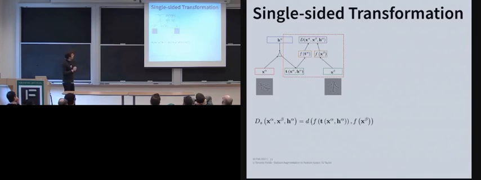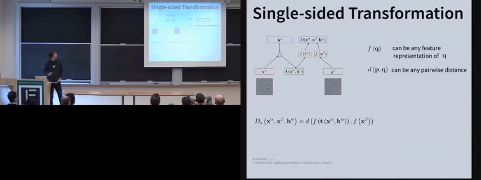Okay? Now, what I haven't mentioned is what we use for F, which is the mapping from pixel space to the feature space where we're computing how similar these images are to one another. And essentially, I'm going to allow F to be any linear or nonlinear mapping. I mean, it could be something as simple as PCA. It could be something as complicated as a convolutional neural net. It could be trained by unsupervised learning. It could be trained by supervised learning. The idea is that you're mapping pixels into some space where you can efficiently compute their distance.